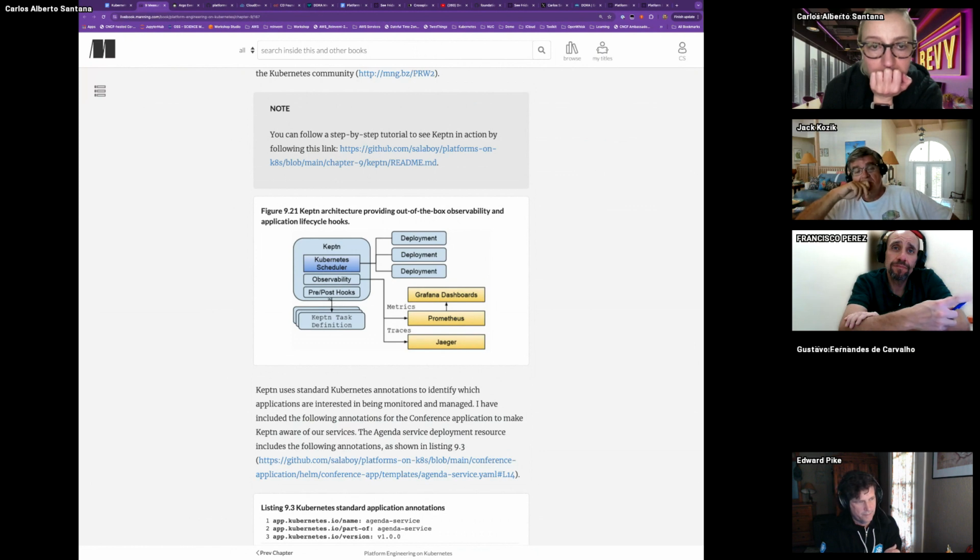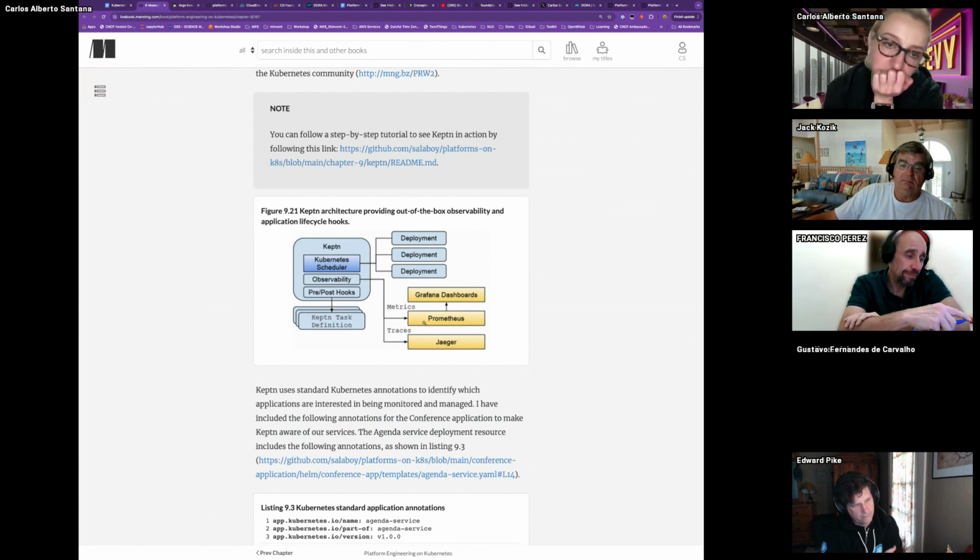So what they do is they implement kind of like a hook that can target that event that happens, and then that will go and observe it, and then send that information into metrics and traces, and then you can have something like Grafana, or in this case Jaeger, which is both a GUI and a collector of traces. It can create metrics and traces of those events happening in Kubernetes around deployment, which is just deploying a new pod, for example.